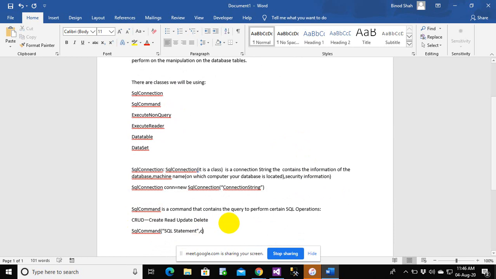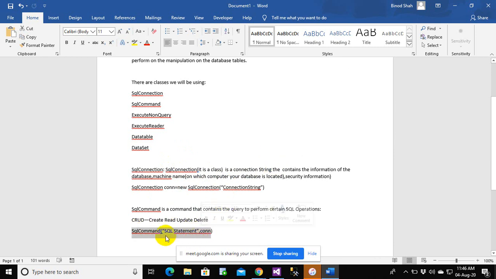For example, if you have made a connection as con, you have to pass con here. Con means this is a connection that contains the information of a computer name, database name, and the security information.